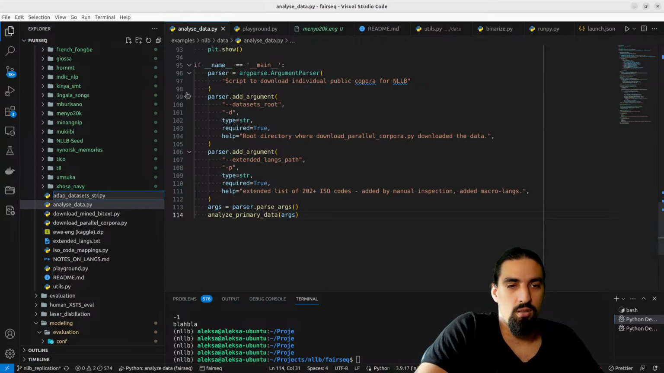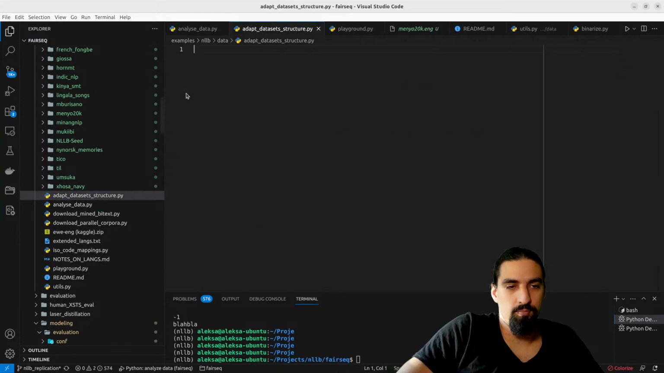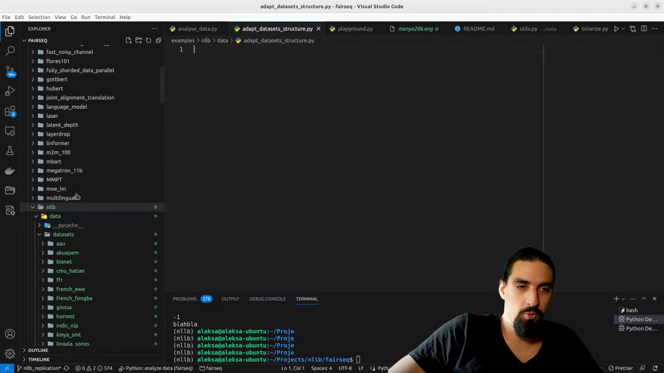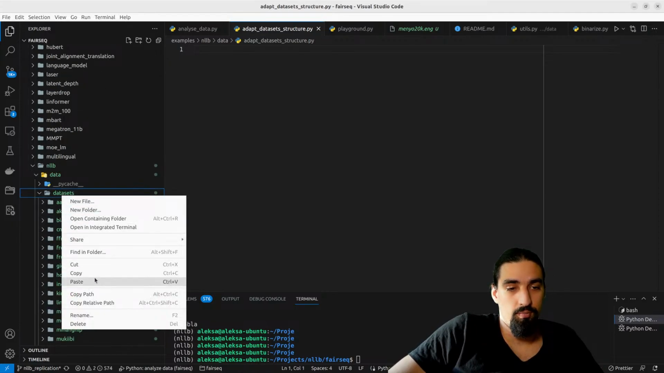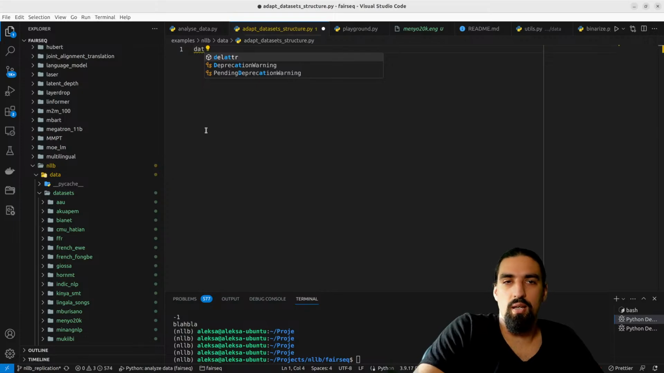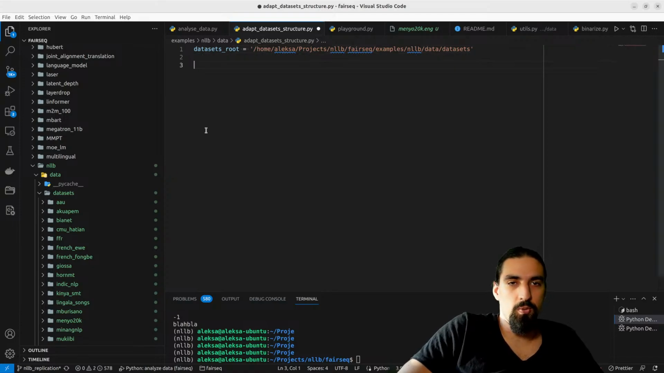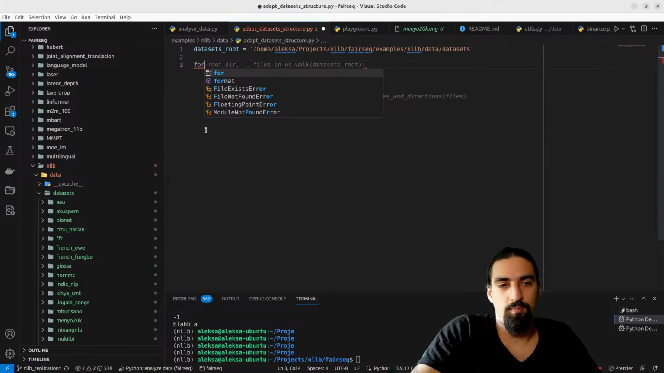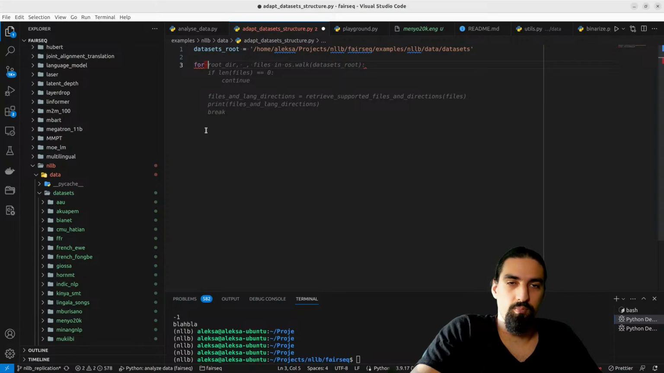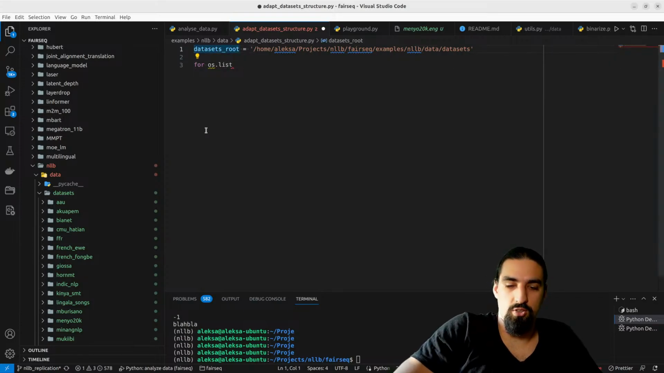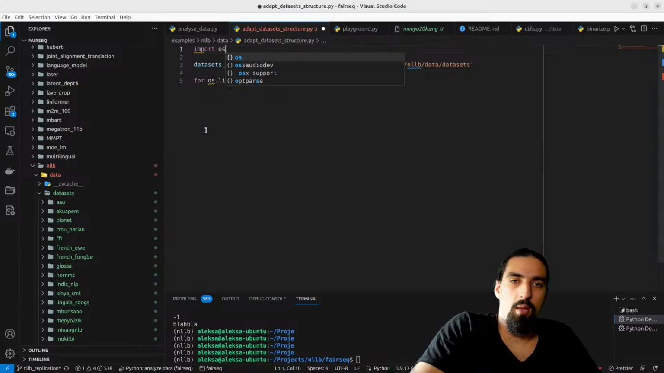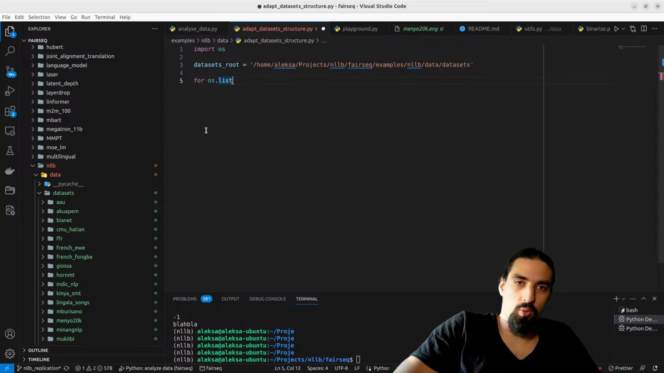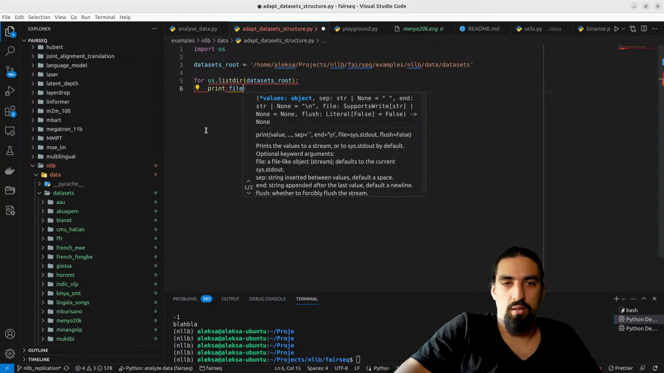Adapt datasets structure. So given the root, copy path. This is the data sets root. We're going to iterate through that directory. So let's go like this. Let's just import the OS package. So for OS list there, like this,